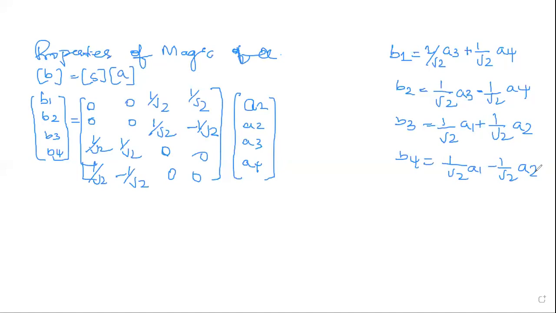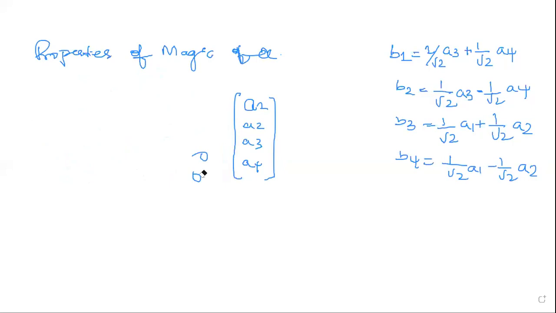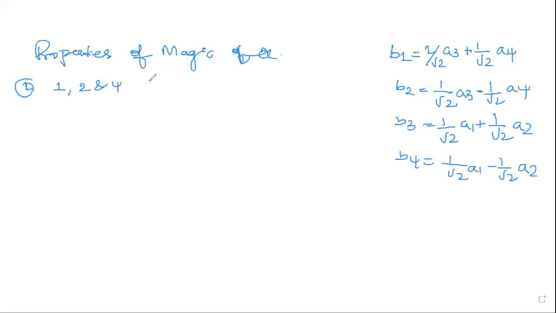Now, considering these equations, we will be defining the properties for your S matrix. For example, the first property will be considering the input given to a port: microwave is fed into port 3. What are the properties you will be applying for your A1, A2, A3, and A4? First property, you can note down here: port 1, port 2, and port 4 are terminated by matched loads, which means those loads go to 0.